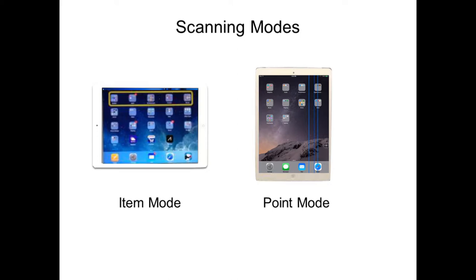With point mode, the other thing is this mode is automatically activated if you go into an app that does not support switch control, because Apple wanted to make sure that you still could use that app even though it's not switch accessible. And that's really common with games and a lot of educational apps meant for young children because they use custom interfaces where it's basically just one big image and switch control can't find any spots on the screen to grab onto to show you a scanning cursor in item mode. And so at that point, it will just switch to point mode automatically